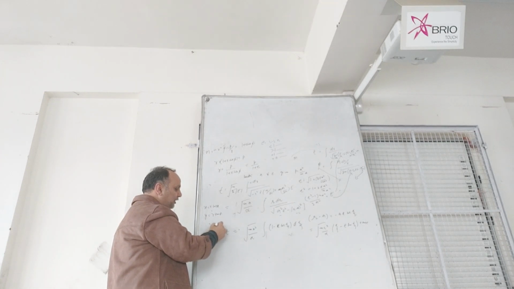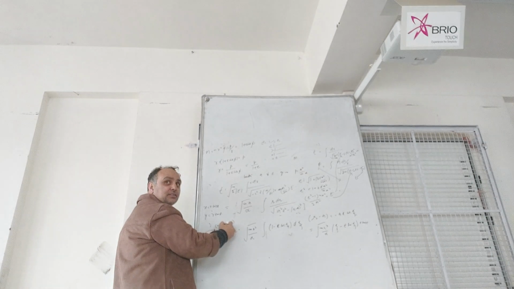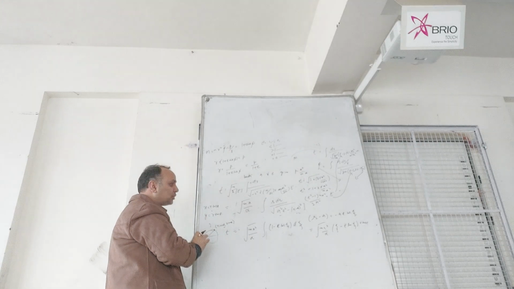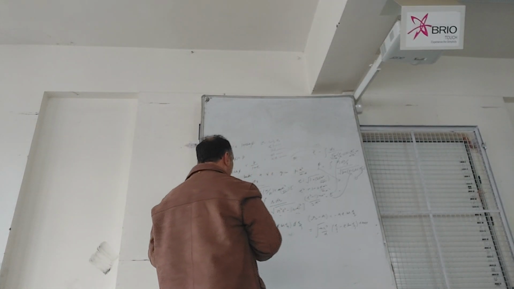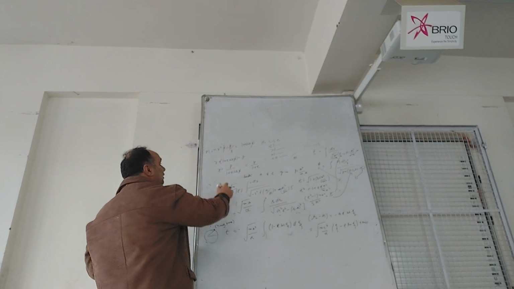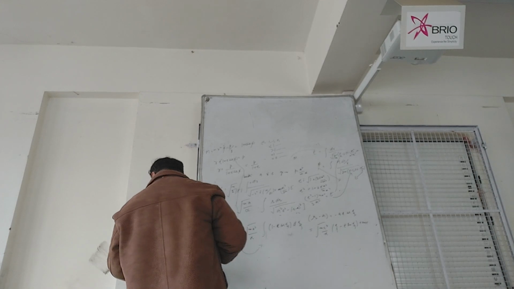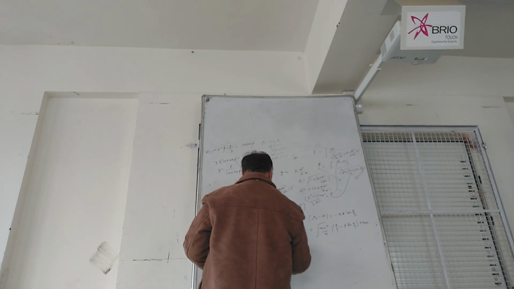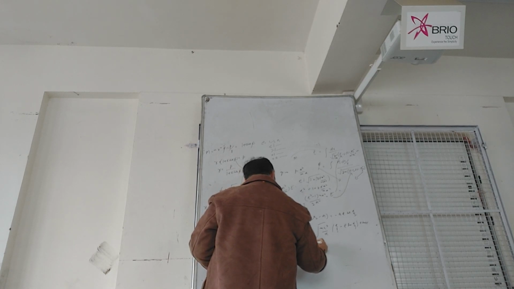So you can write this point as r cos theta, r sin theta at every point. In the same way, we are going to do the same exercise, but here we have not theta, we have phi. In terms of phi, x is equal to r cos phi and y is equal to r sin phi,